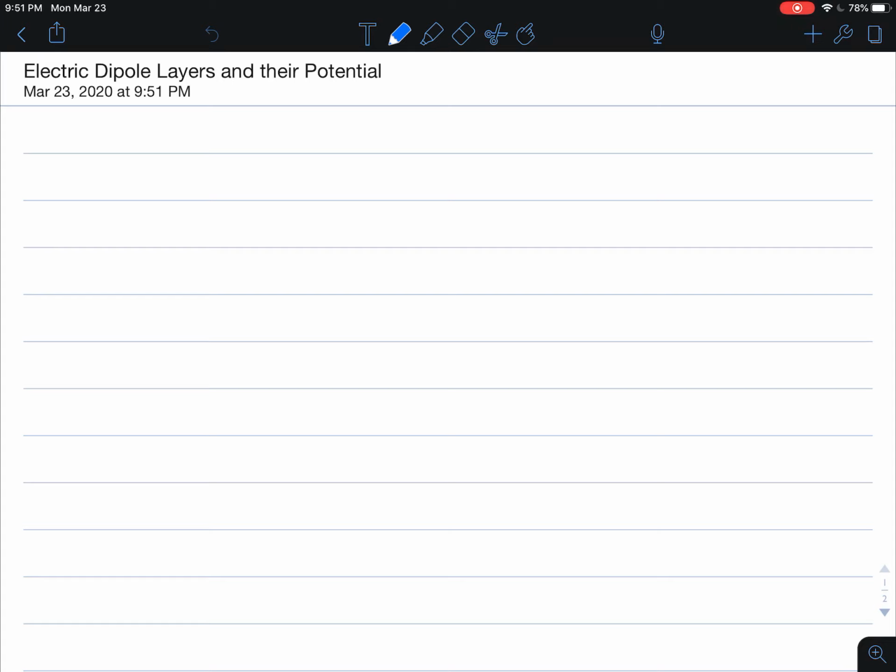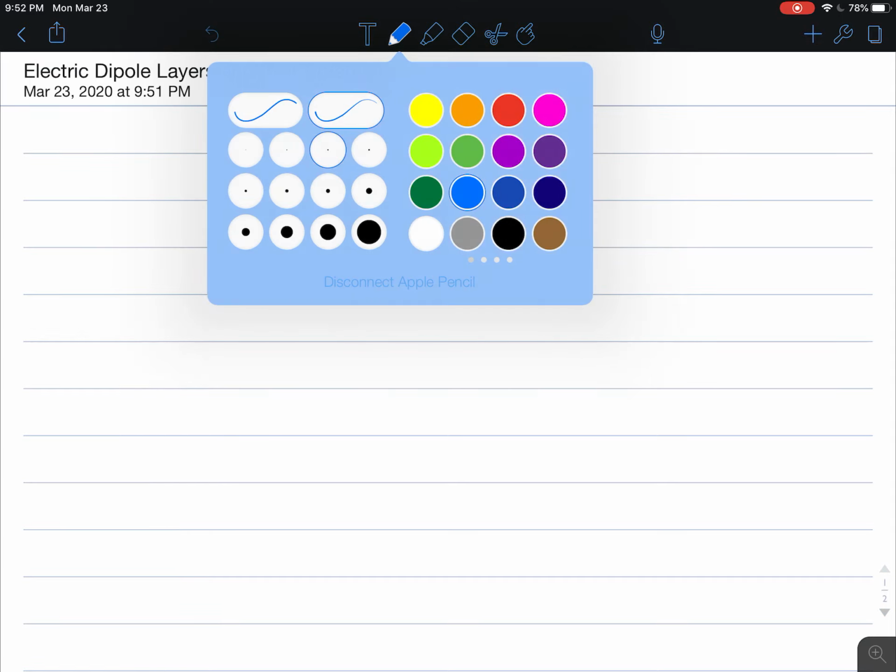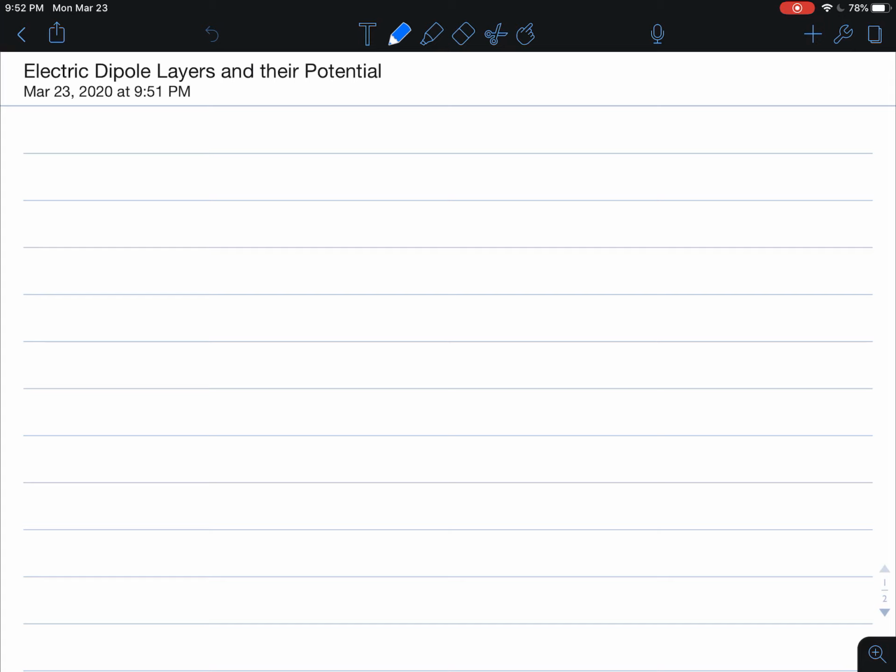Okay, in this video we are going to take a look at an interesting construct made out of dipoles, electric dipoles, called electric dipole layers, and these can be generated in several real life examples, such as